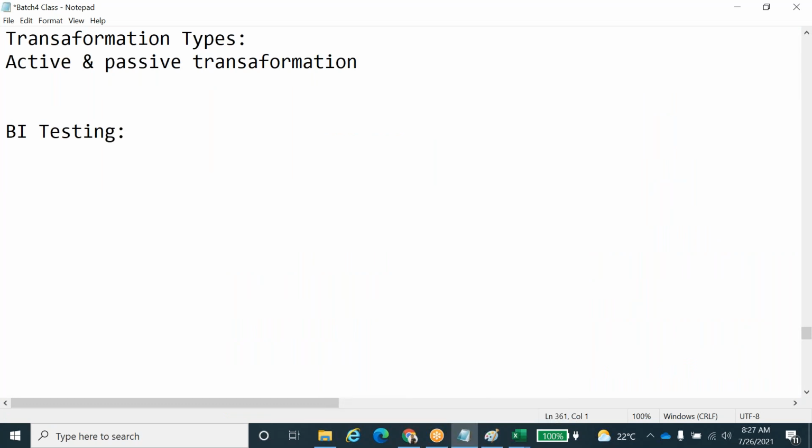So in the BA testing, based on the report prototype and measure catalog,